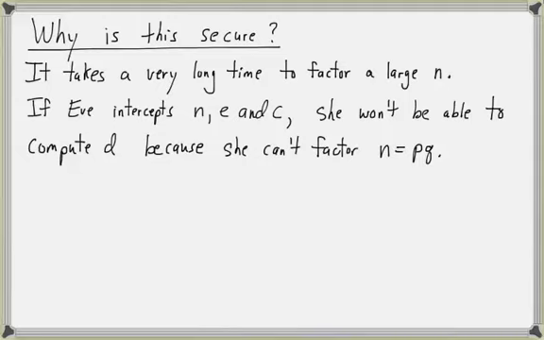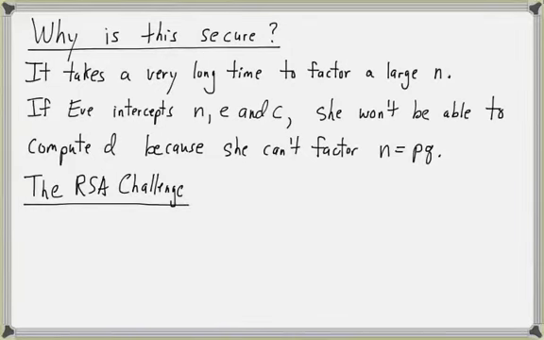As an example of how hard this is, when RSA was first made public, the authors issued a challenge called the RSA challenge. They encrypted a message and challenged anybody to decrypt it, and they gave a small reward if anybody could decrypt the message within 8 years or something. This is in 1977.